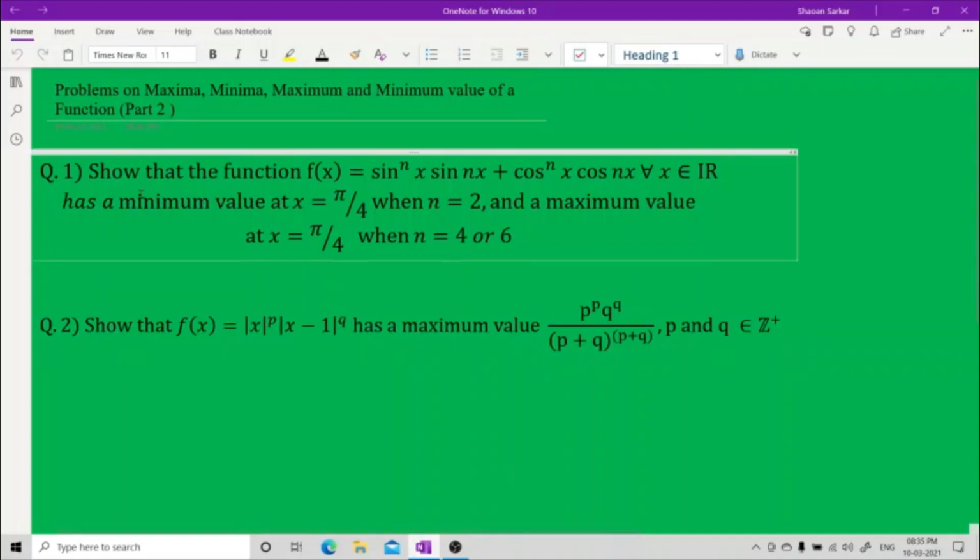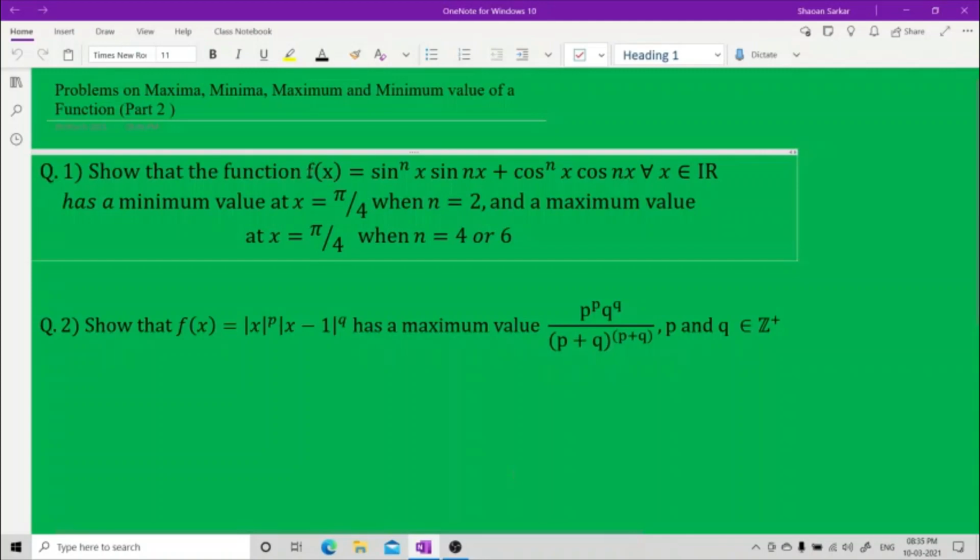Question 1. Show that the function f(x) = sin^n x sin nx + cos^n x cos nx for x belonging to the complete real line has a minimum value at x equal to pi by 4 when n equals 2, and a maximum value at x equal to pi by 4 when n equals 4 or 6. That means you need to show, तुमको दिखाना ये है, you need to show f double dash x, the